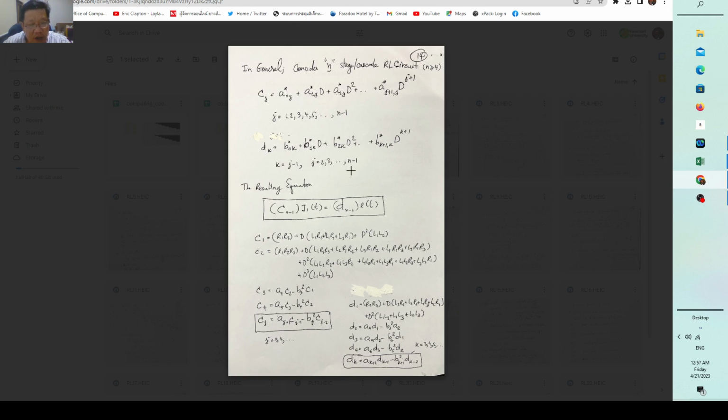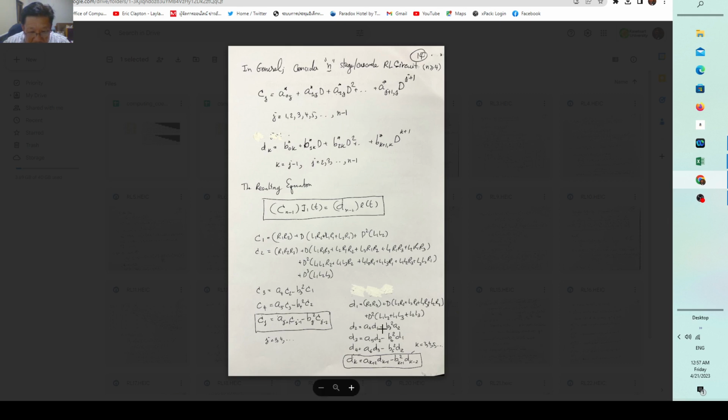Okay, so in this case, the resulting equation is that you end up having C sub n minus 1 times I sub 1 t equal to D sub n minus 2 e sub t. And you can have these two as an initial starting point, C sub 1 and C sub 2. C sub 1 is a quadratic equation with operator D, with the system parameters as coefficients, and C sub 2 also becomes the cubic equation corresponding to operator D, and with this and also D sub 1 over here,